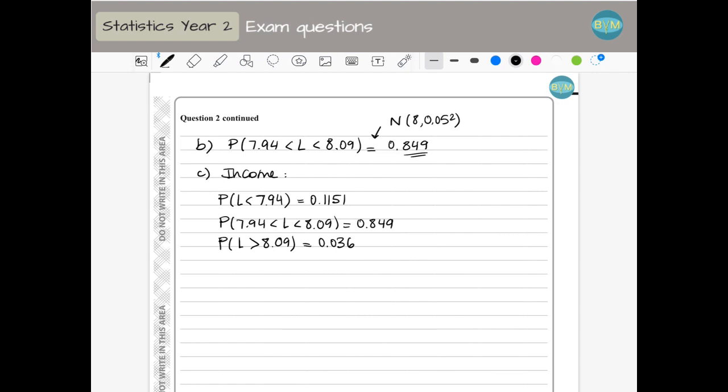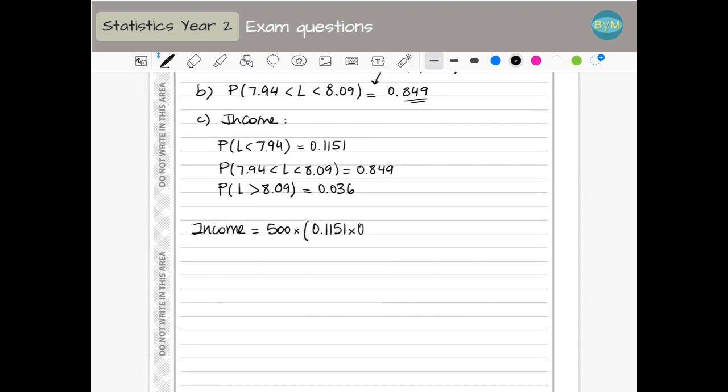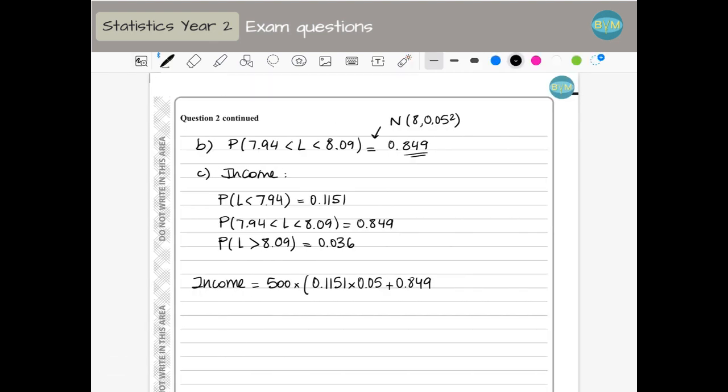So the income is going to be 500 rods times the proportion of them that are smaller than 7.94, which is 0.1151, and I sell these ones for 5p, so 0.05, plus the proportion that are in the correct size, and I sell them for 50p, so times 0.5, plus I sell these ones